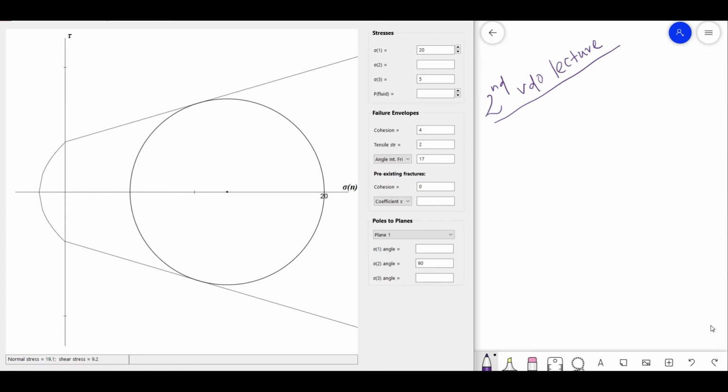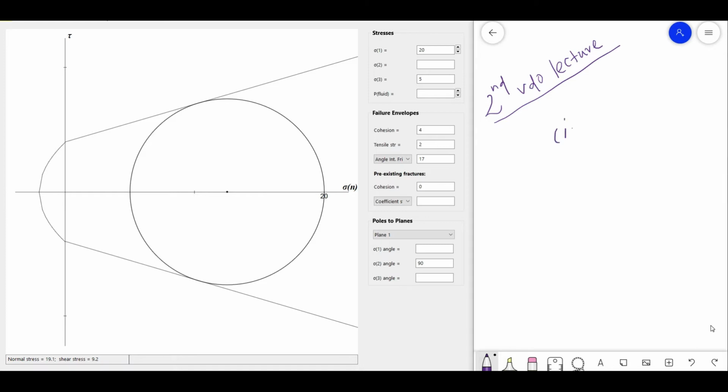Regarding the Mohr circle, previously we had discussed the basic principles of Mohr circle and the Coulomb-Griffith failure criteria. In today's video lecture, we'll discuss the conditions that can make the system unstable. That means conditions that can create fracture or cause failure to the particular plane of interest. Before going to the main part of the video, I'll just summarize those things that can create failure or fracture to the system.